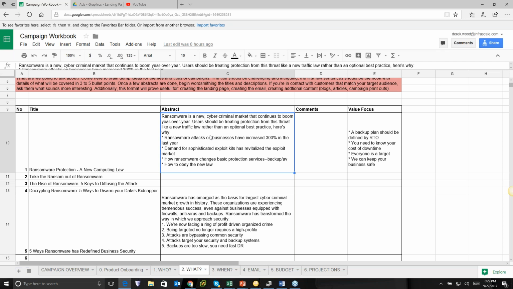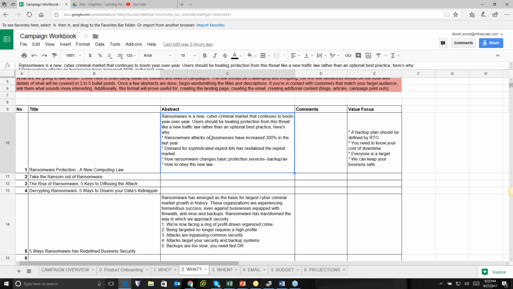And what's really nice about having an abstract is that this is the hard thing. To get something that has substance in such a few amount of words is a lot more difficult than to write a 1,500 word blog post or something. So once you get something really small, then you can actually start developing really nice cohesive blog posts that are only 500 to 700 words. It's easy to fill this out.